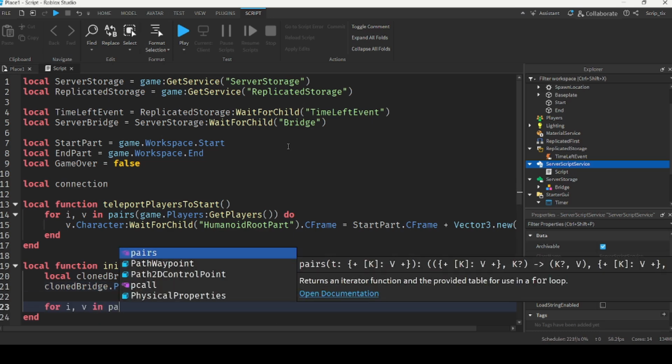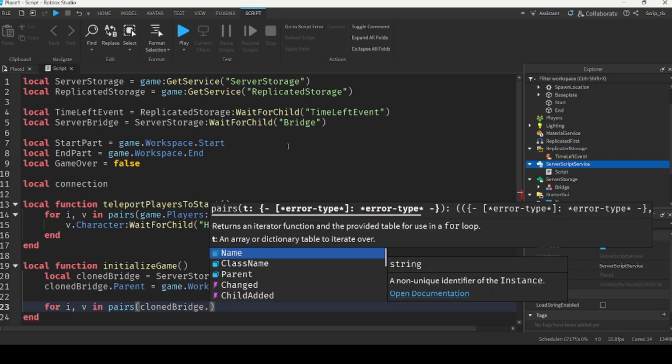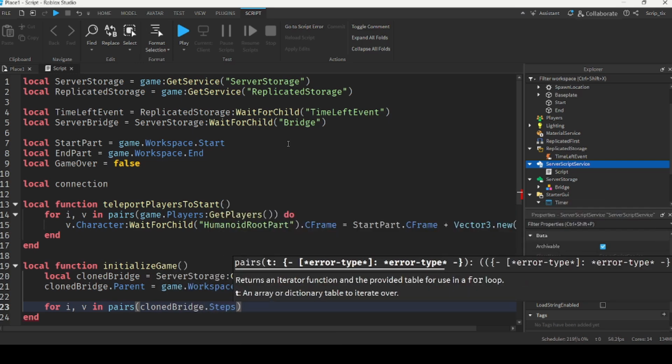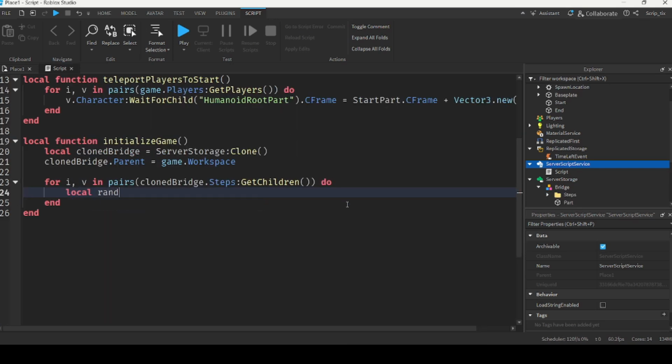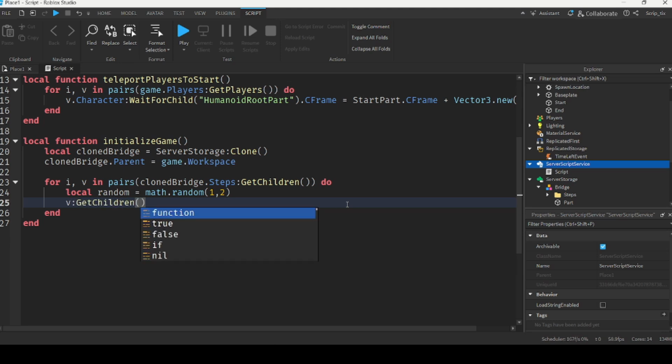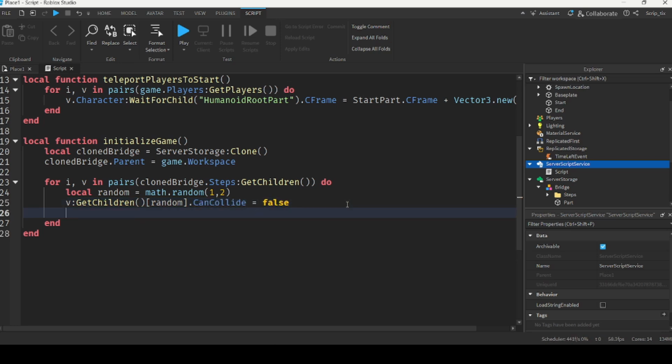Basically what I'm going to do now is have a for loop which will loop through all of the set of steps inside our bridge and assign one as the safe step. So we're going to create a random variable, local random equals math.random(1, 2). And I'm going to do v get children, random dot CanCollide equals false. V get children,